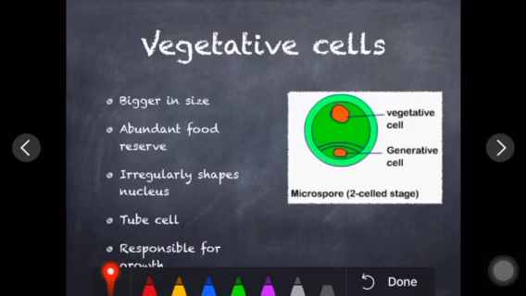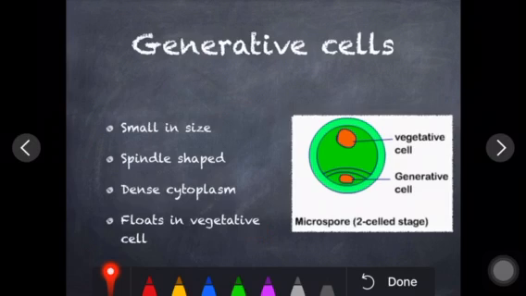Okay, so the vegetative cell. It is bigger in size, as you can see in the pollen grain. The exine and intine are there, and the bigger portion is called the vegetative cell. It is a food reserve, fine. It has a regular shape and nucleus, fine. And it acts as a tube cell and is responsible for the growth. These are the roles of the vegetative cell. Don't mix your knowledge with that. The vegetative cell is a kind of cell present in the pollen grain. The big cell is called vegetative, and the small cell is called the generative cell.